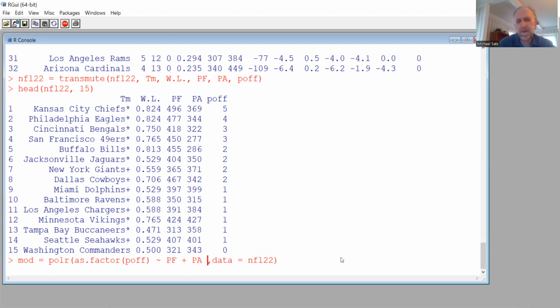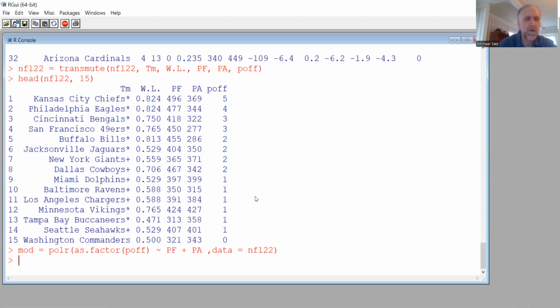Does anybody remember what as factor POF does? It tells you that this is not to be treated like an integer. It doesn't have those kinds of integer properties. So it's a label. It will consider the distance between 0 and 1 to be not necessarily equal to the distance between 1 and 2 or 2 and 3, et cetera. It's not using those properties of the numbers, it's just treating it as a label. All right, so there we go, I think that's right.